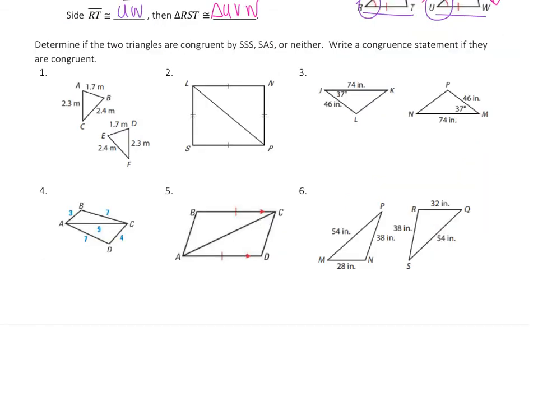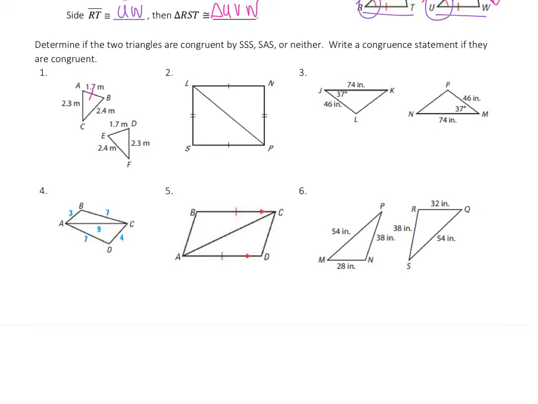What we are going to do next is using those 2 different ways of proving that triangles are congruent. We need to be able to recognize them in pictures to see if the 2 triangles shown are congruent. If they are, we need to state our congruent statement, and if they aren't, then we can just say that it's neither. On the first one, let's go ahead and mark